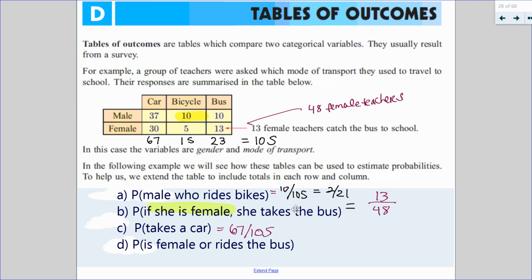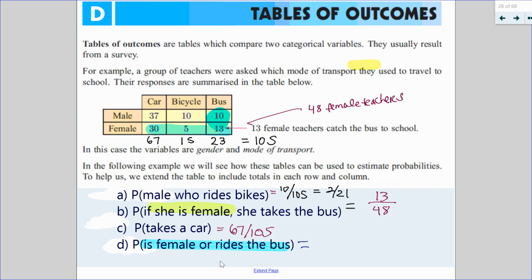Next one, this one's tricky, is female or takes the bus. So I'm going to highlight is female or takes the bus. I'm going to use highlighter, is female or rides the bus. Now the reason this is tricky is because these can include overlapping sets. So is female is all of these people. All of these people include women. And then these additional people,